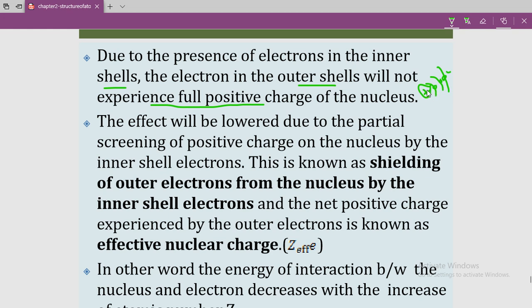Why? These two inner orbital electrons share the force of the nucleus, therefore the last electron gets very little attraction. These are loosely bonded, and this is called the shielding effect. Once again, the first orbital electron and second orbital electron share the positive attraction force of the nucleus, due to which the last electron is getting very little positive charge attraction. This process is known as shielding.